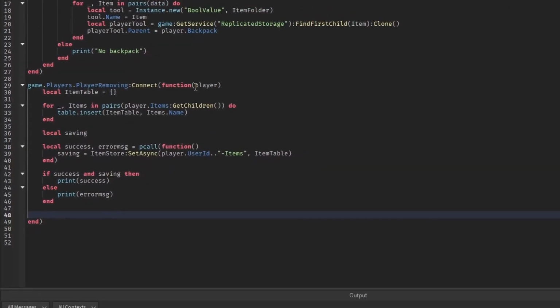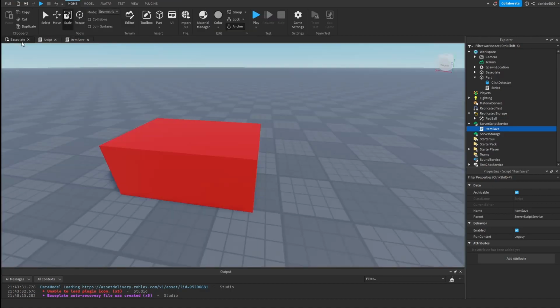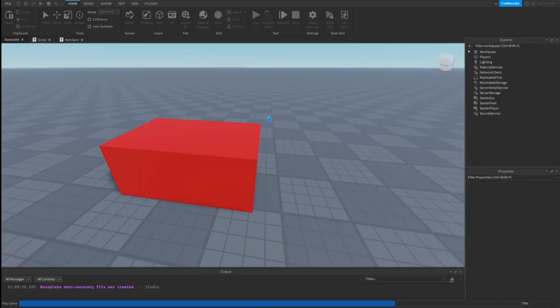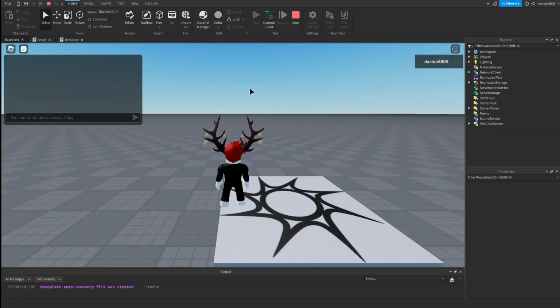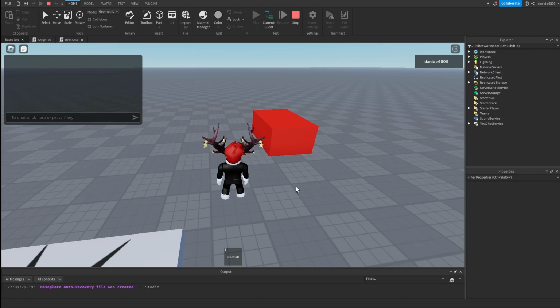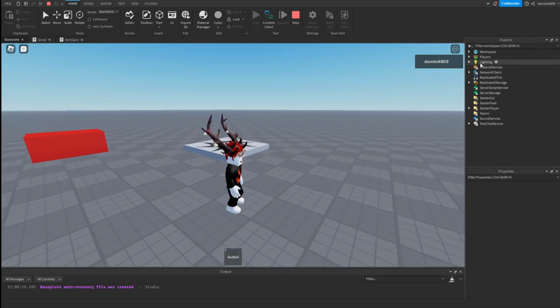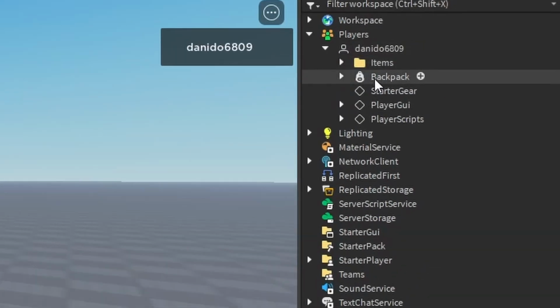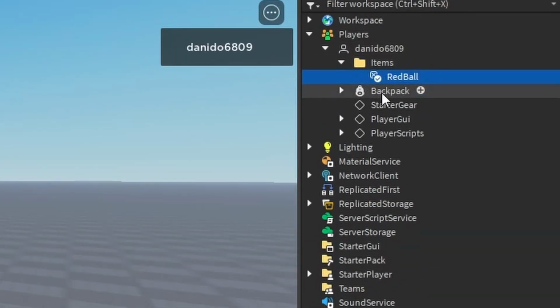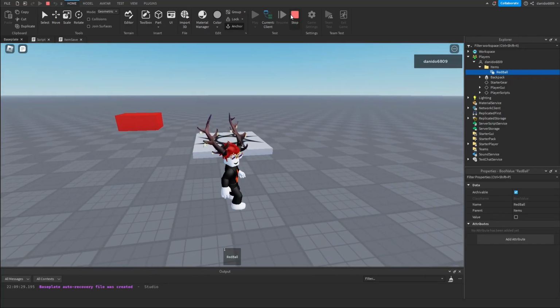Okay, that should be the end for our data store. So now this stuff should save. Let's go try it really quick. The only thing right now is that if we drop the block or the tool, then it won't save. Alright, so I have my really big red ball. Let's see, we have an items folder right here with a bool value called red ball in it. So now if we leave the game,